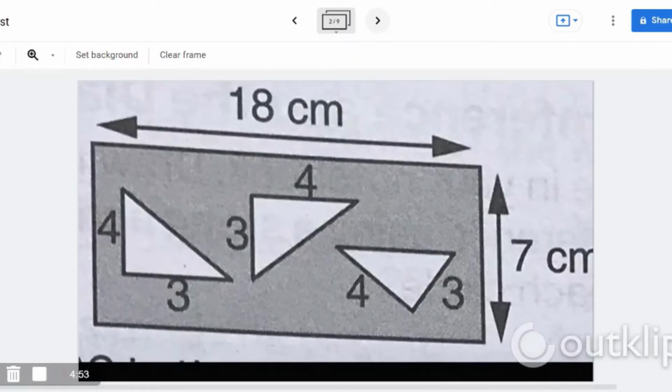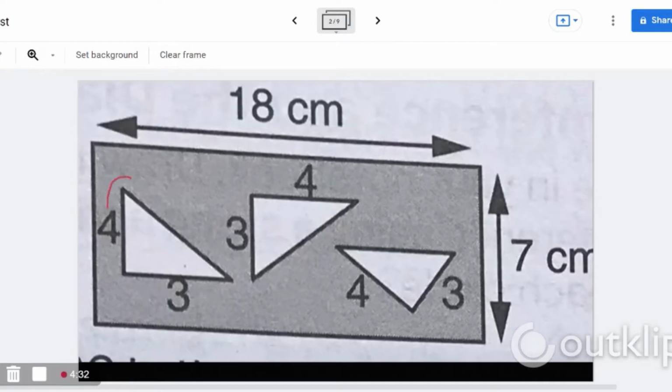Look at this diagram. I had left this diagram last day. This is from your next exercise. Today we shall find out the area of these shaded portions. Can you see this? This is a dark shaded portion. But in order to find out the area of this shaded portion, see,